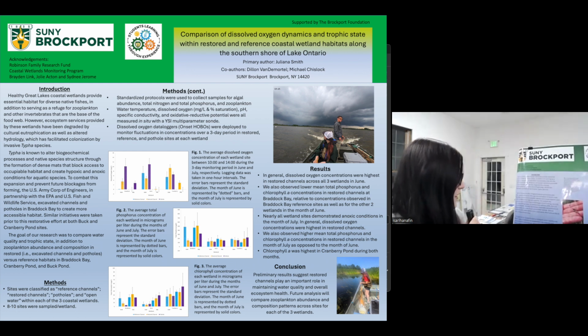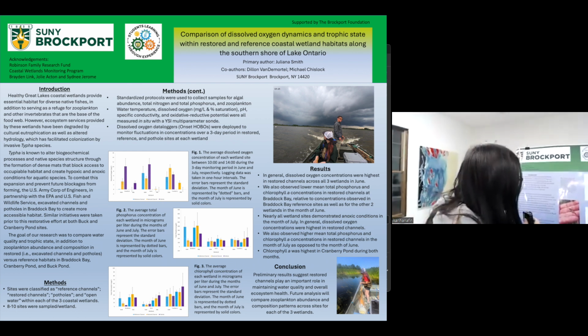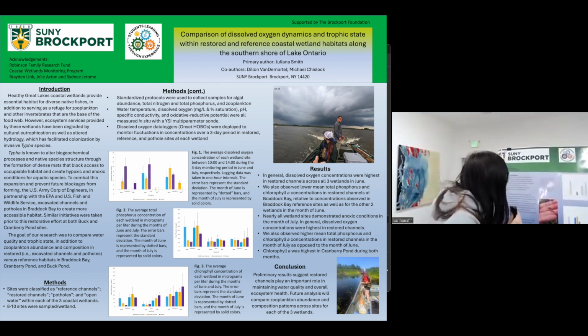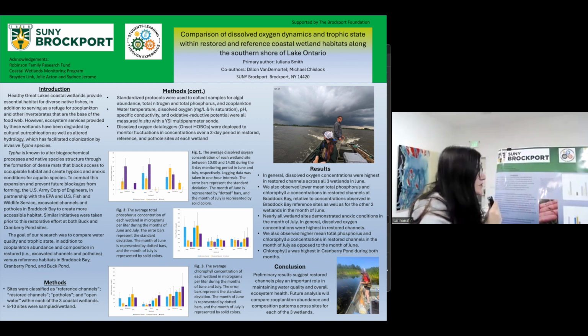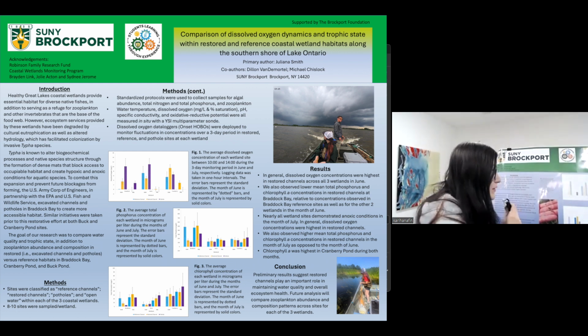At each site, more notably in reference and restored channels, reference being the pre-existing wetlands, we split up some samples, around 4 to 5 per site. And we collected some data on temperature, dissolved oxygen, phosphorus. But to get into the nitty gritty of it, as you may see by some of the graphs, which may look different on your end, the general consensus is the same, that in restored channels, there was a lot more oxygen available for these species. And this trend continued in both the months of June and July.